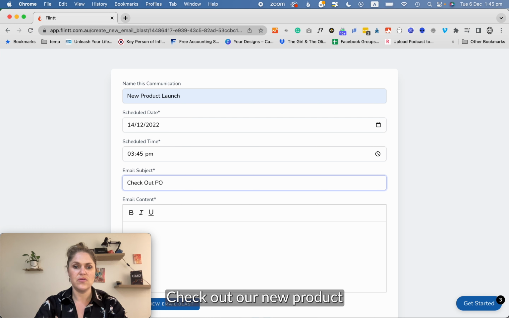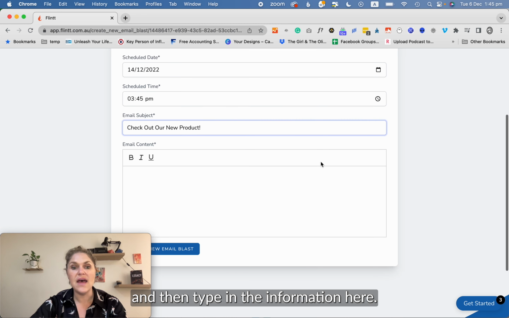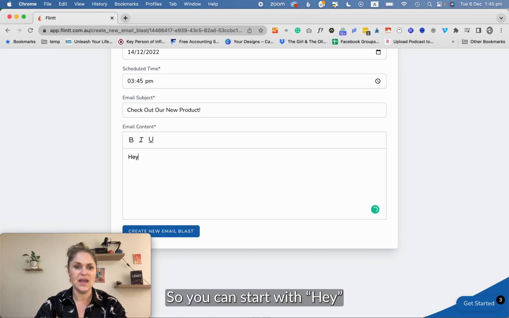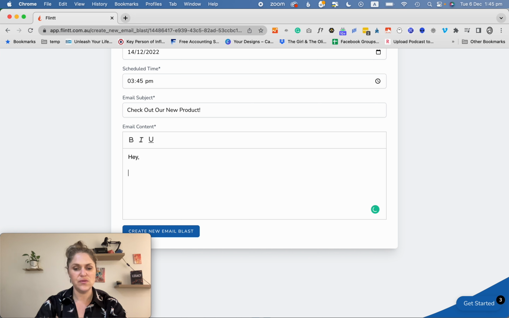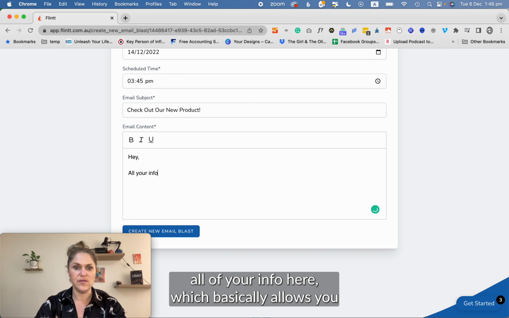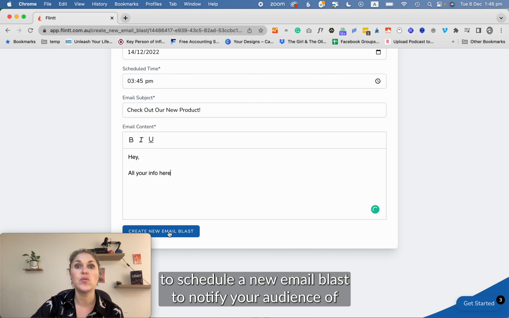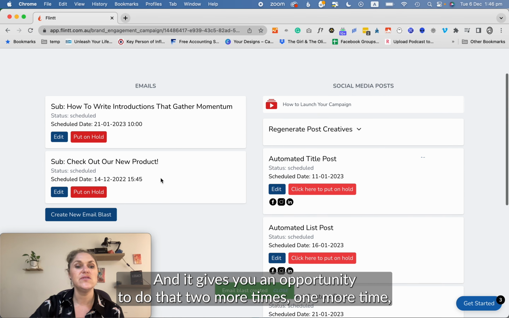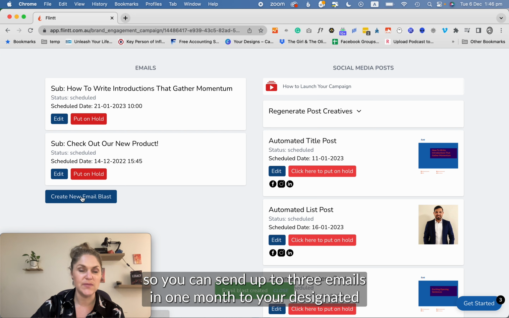Check out our new product, and then type in the information here. So you can start with, hey, and then put in all your info here, which basically allows you to schedule a new email blast to notify your audience of extra information here. And it gives you an extra opportunity to do that 2 more times, 1 more time. So you can send up to 3 emails in 1 month to your designated